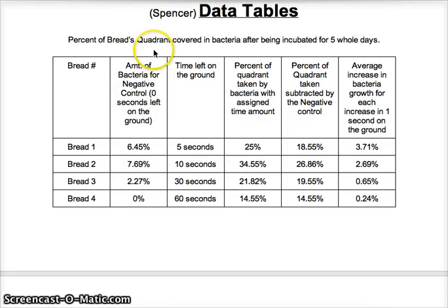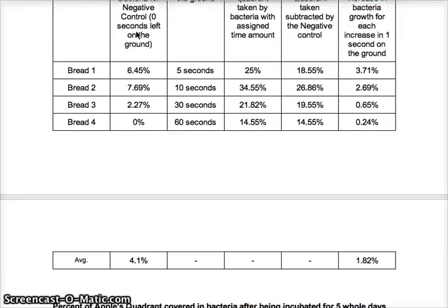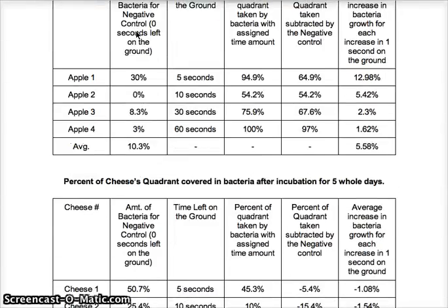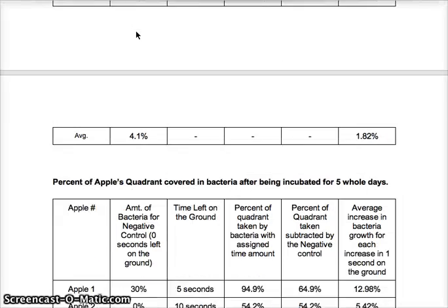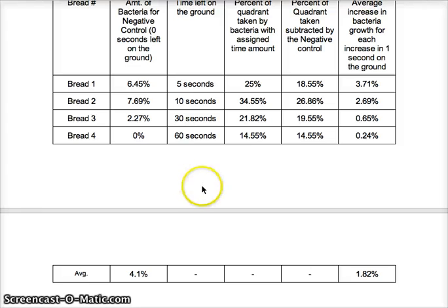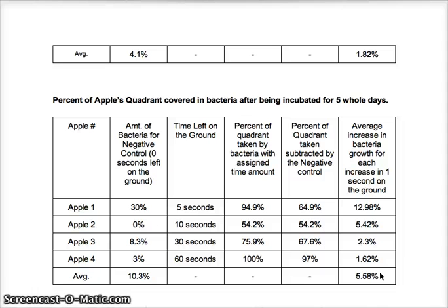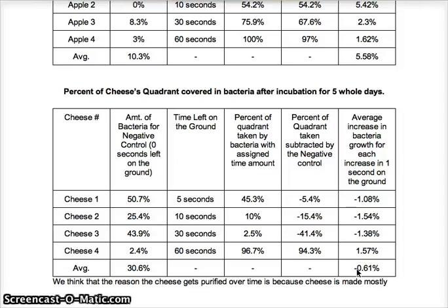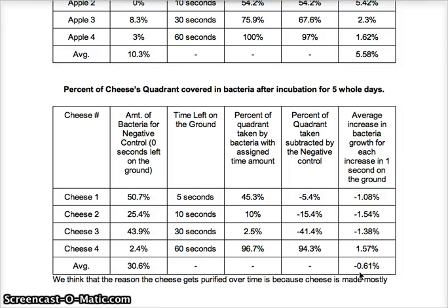Here are our data tables. We have data tables for each kind of food: bread, apples, and cheese. We have the average rate of growth per second for each food. For bread, it's 1.82% of the quadrant covered per second left on the ground. For apples, it is 5.58% of the quadrant covered in bacteria when left on the ground. For cheese, it is negative 0.61%,